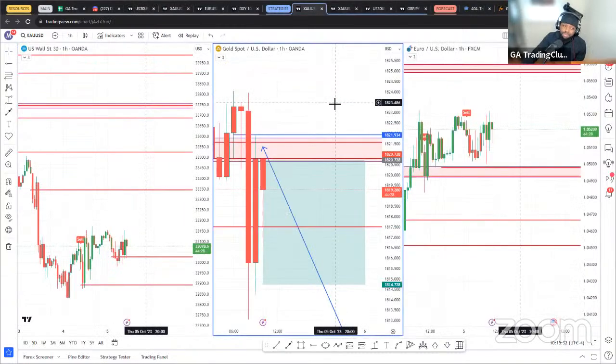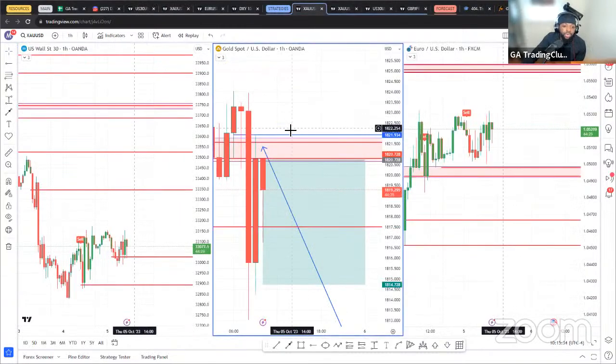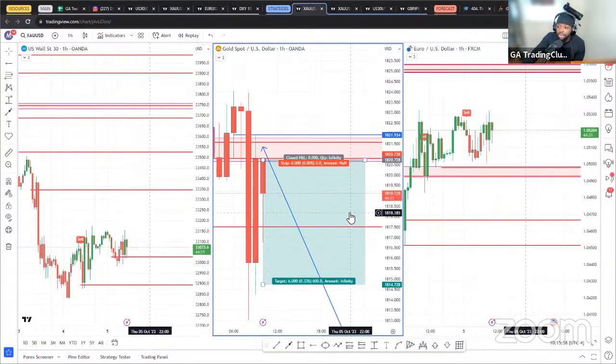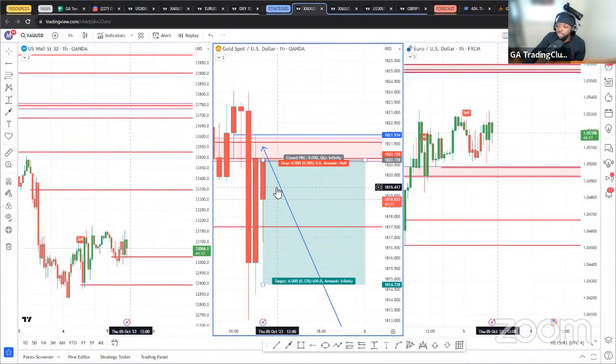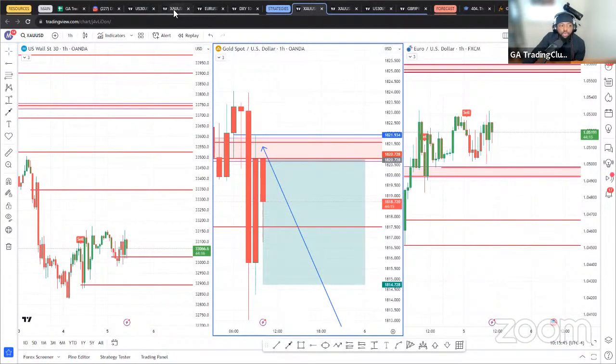So maybe take that profit and wait for tomorrow or Monday. At least if you're in both of these trades, make sure that if the 1 minute trade hits stop loss, and I'm hoping that doesn't happen, you don't